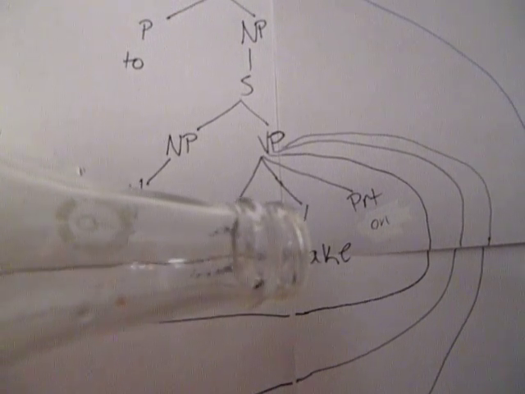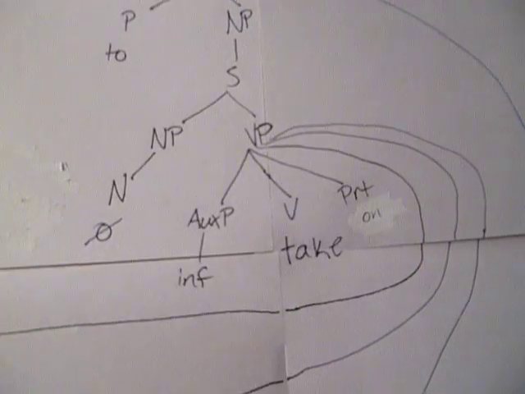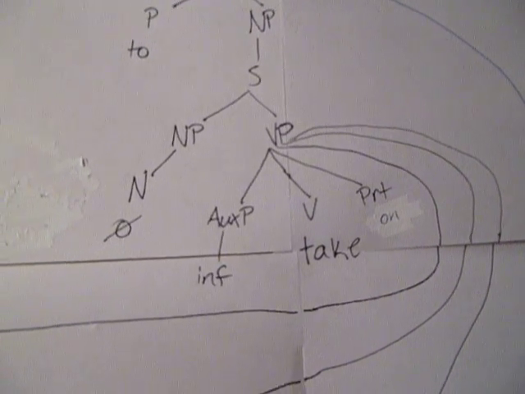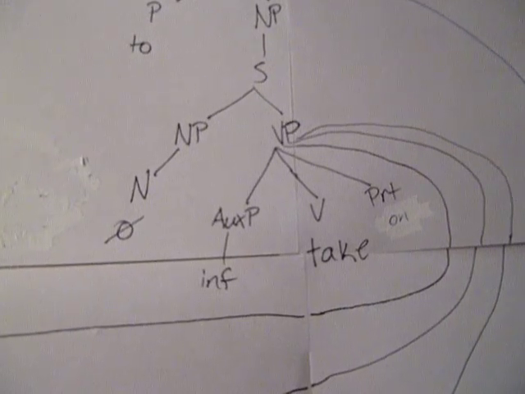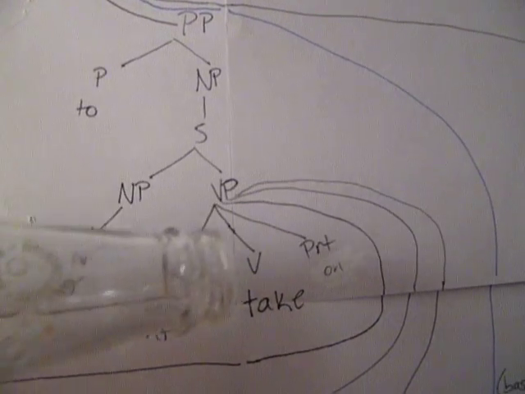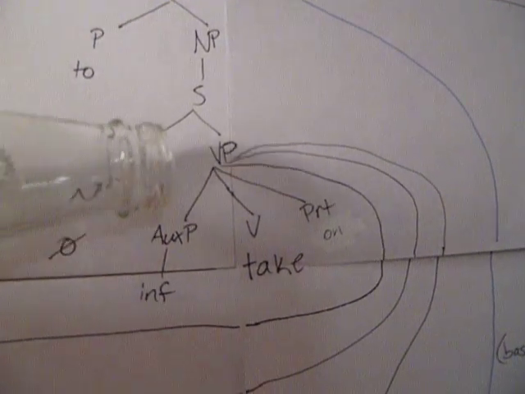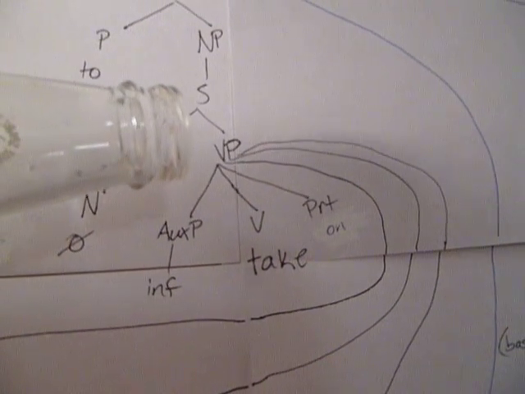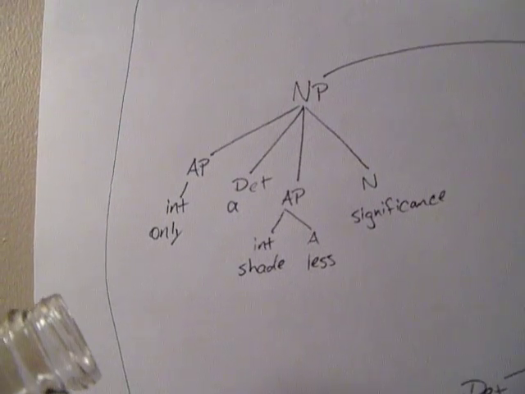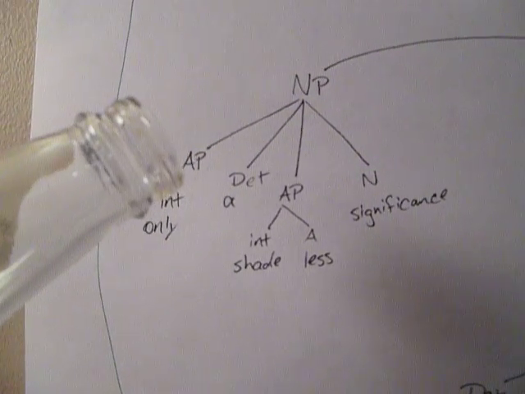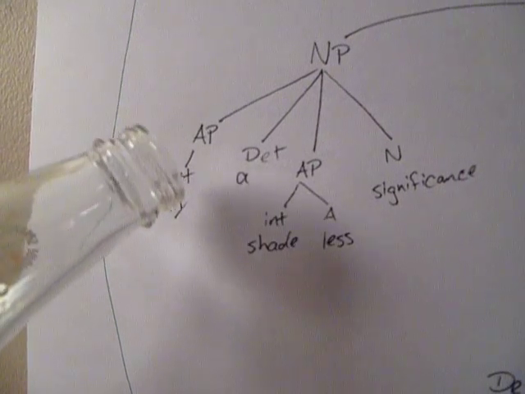"Take." Then you have a particle. Lots of verbs have these, like "jump up", "calm down", things like that. So you have the particle "on". It's actually not a preposition, because of something that I'll explain in a sec. Then you go over here. Then you have the noun phrase. Then you have the